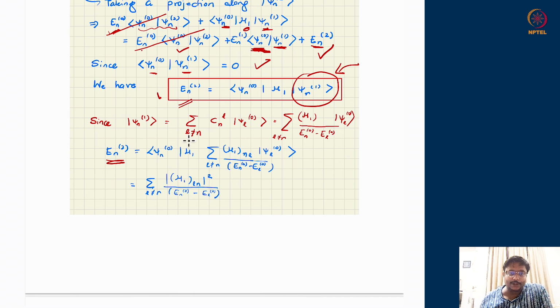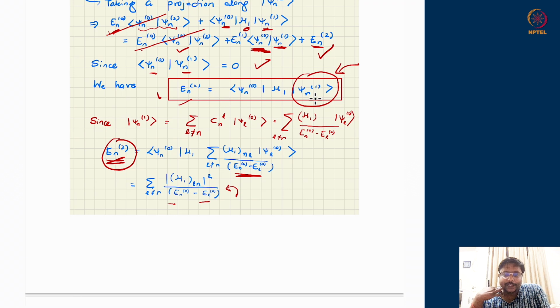Now if you get the second order correction to the wave function psi n2, that will tell you about the third order correction to the energy eigenvalue, and so on. So it builds up. So ultimately one wave function's correction tells you higher order energy eigenvalue shift. In this way they get related, that En2 depends on certain features of psi n1. This En0 minus El0 has appeared in the second order correction because the same quantity appeared in the denominator of the first order correction to the wave function.